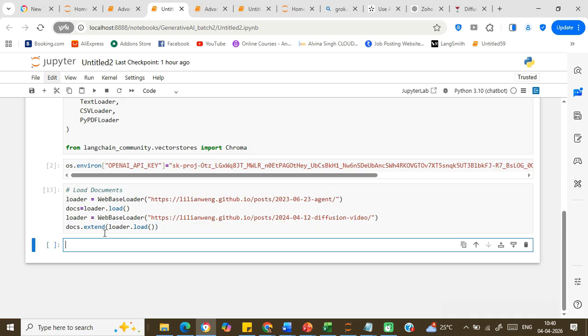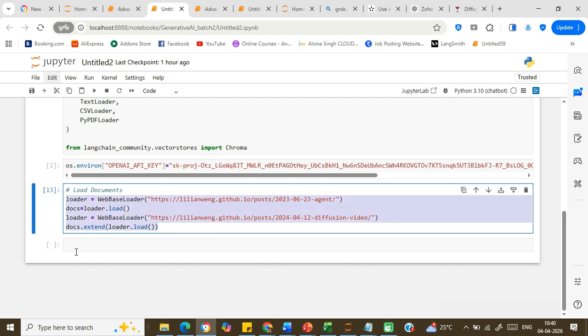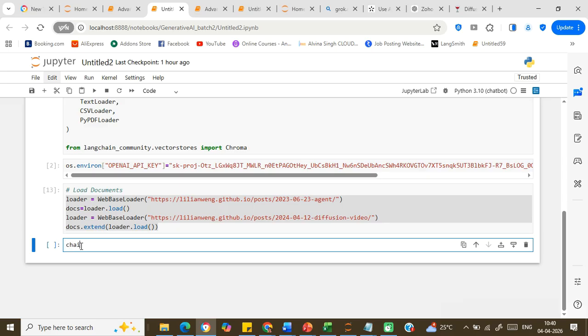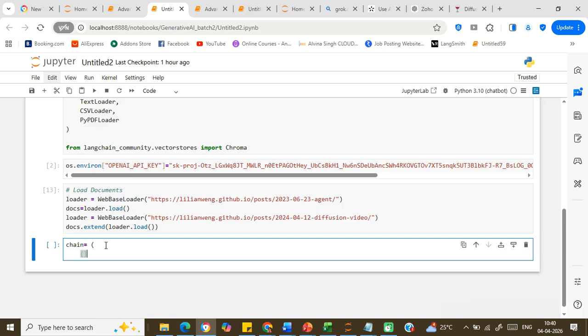Now, I need to create the summary based upon these two documents. Correct? So I will define a chain over here. I haven't defined the large language model yet, I will do it later. So chain equals, and I can take it in this particular way, say doc colon